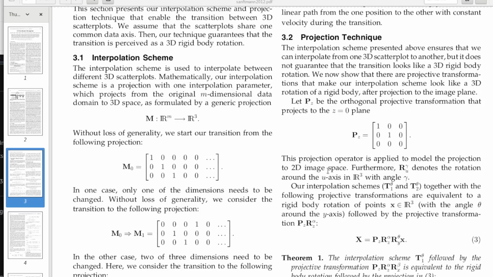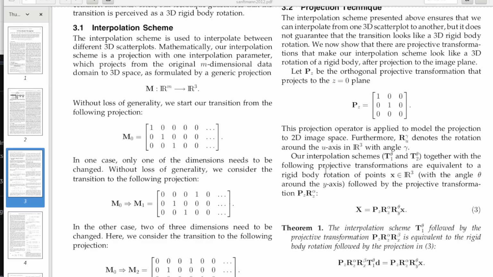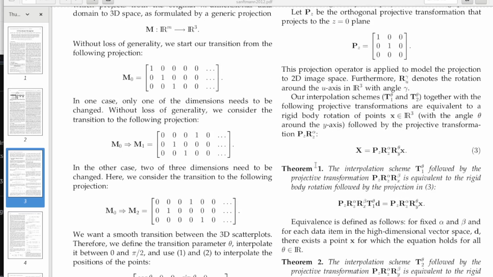In the other case, two of three dimensions need to be changed. Here, we consider the transition to the following projection: